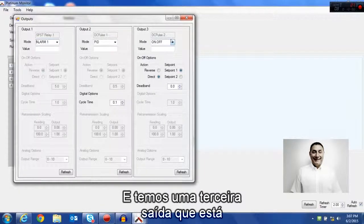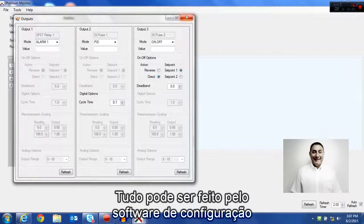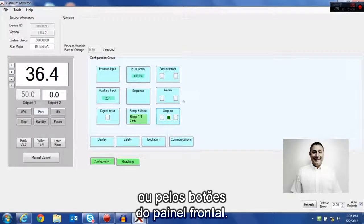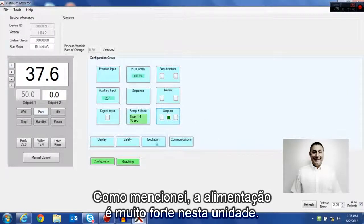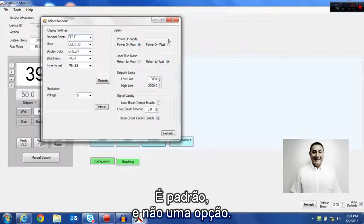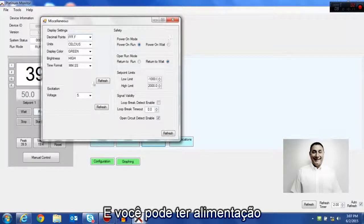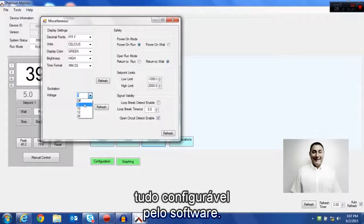And then we have an output 3, which is driving something else. But they're very flexible. This can all be done through the configuration software or through the front panel push buttons. We'll go into more on this in a second. As I mentioned, excitation, very powerful in this unit. It is standard. It is not an option. And you can have excitation of 5, 10, 12, or 24 volts, all set through software, or you can turn